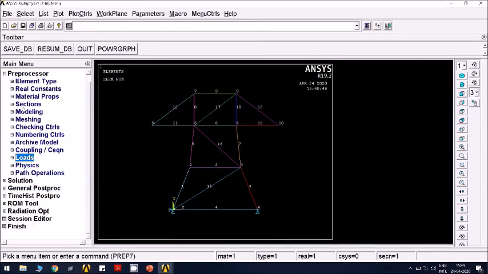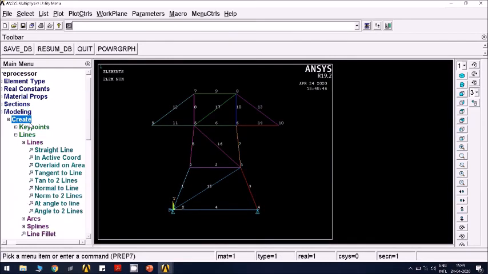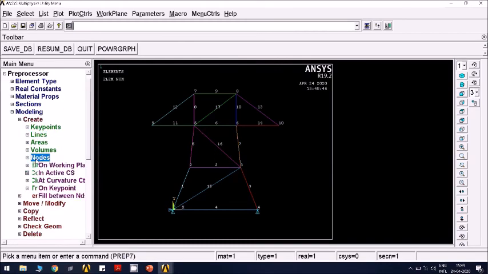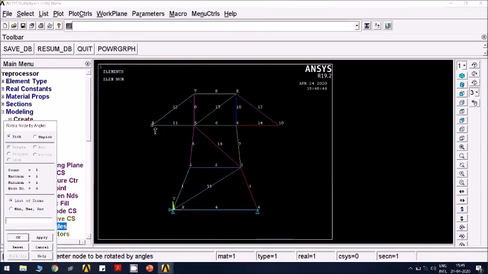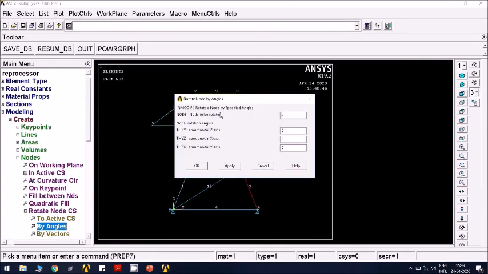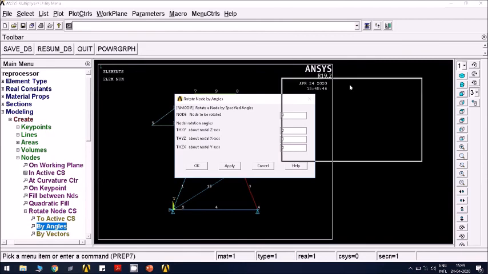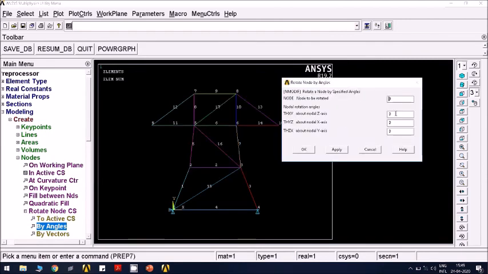So I have to go back to modeling, create nodes, rotate node coordinate system by angles. Select this node, click OK, and now you have to rotate the node coordinate system of that node about z axis. It has to be rotated in anti-clockwise direction, so it is positive.